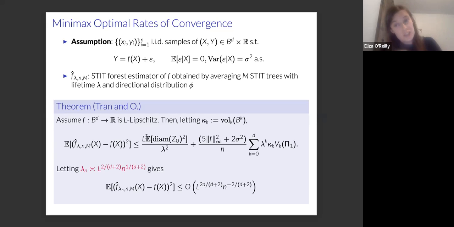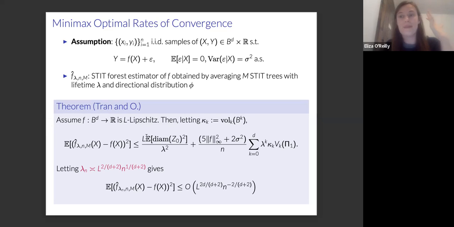But if it's concentrated around a great subsphere of the unit sphere, then you could have a very large diameter of your zero cell. So I just want to point out that for a fixed directional distribution, these rates hold, but you definitely have these directional-distribution-dependent constants in there. And then the last thing I want to say, which will lead into the last part of the talk,